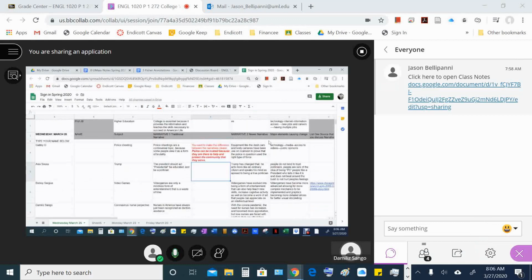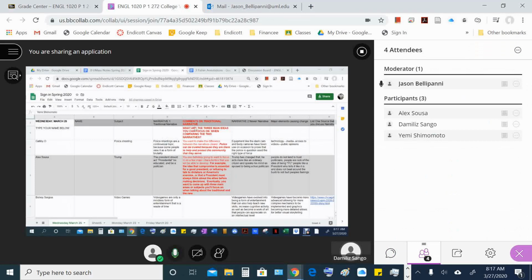I'm just going to go through and try to make comments on those in like the column next to it, to help people make sure they have sort of a clear idea of what the narratives are they're dealing with, which will be useful for next week, basically, for the essay that we work on for next week and the one after. So I'm going over people's traditional narratives and the new narrative and so on, which is great, and people have started to get the idea.